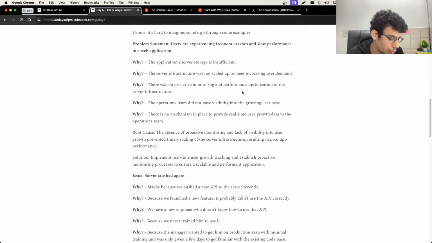Let's take Google Photos, for example, right? If you're trying to build tags, adding the functionality of tagging images within Google Photos. Okay, you came across this problem that users are interested in having the ability to tag these images. Why? Now use the 5 Whys framework to come to the root cause, right? So why do they need tags?